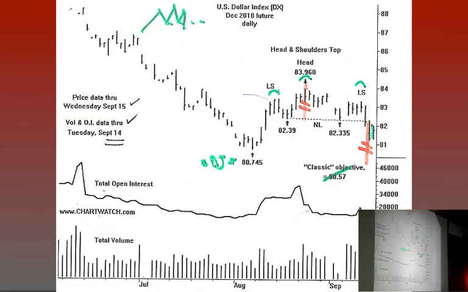The theory behind any of the minor trend change indicators is that whoever was in control going into that trading session has now been neutralized, and the other side is going to take over, if only temporarily. Well, the bears were in control, but the bears couldn't get us lower than Tuesday's low. The bulls haven't taken over yet. They couldn't get us higher than Tuesday's high. So that teeter-totter seesaw is in neutral, and you would think that we're going to try to pop to the upside. Okay, now be careful.